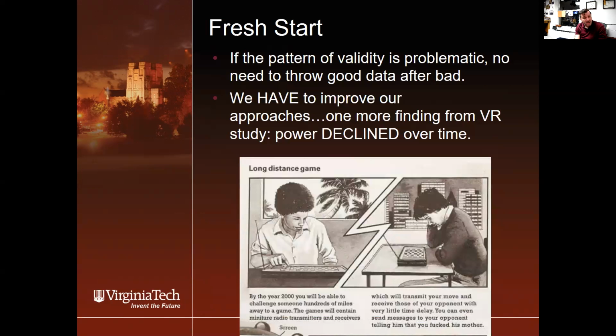I think this is the case with a lot of behavioral research. I think this is the case with a lot of media research. I think this is the case with video game research. I'd like to see more data produced in it. And again, I hope that anecdotal example of virtual reality suggests that this very easy approach might be valuable. I do think we have to take a good look and improve it, because it's not going to prove itself. I do want to share one finding that I held back from that VR study,